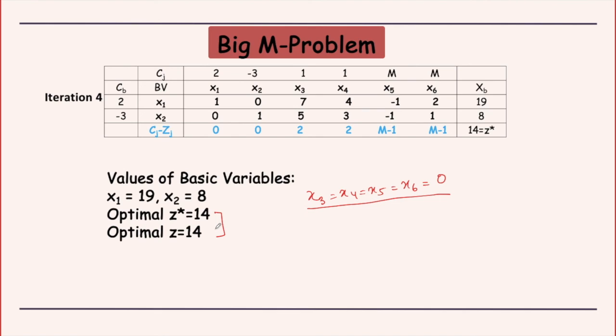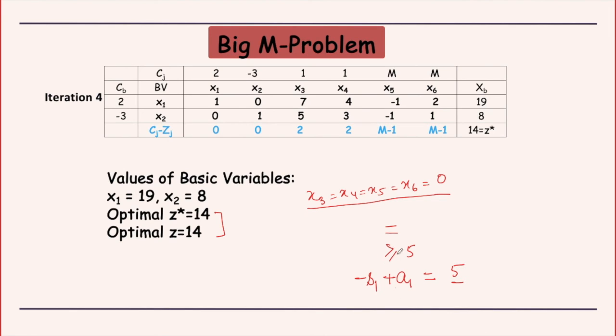So that is how you solve such questions when you have an equality constraint and you are not getting an identity column, or when you have a greater than or equal to constraint. In this case, in order to convert it to equality, you need to subtract a surplus. Now when you subtract a surplus, its coefficient is -1, so you do not get an identity column. So correspondingly you again add an artificial so that you get a coefficient 1 here, and so you will get the identity column, and this will be equal to whatever your right hand side is. Say you have a 5 here, so you will get it equal to 5.